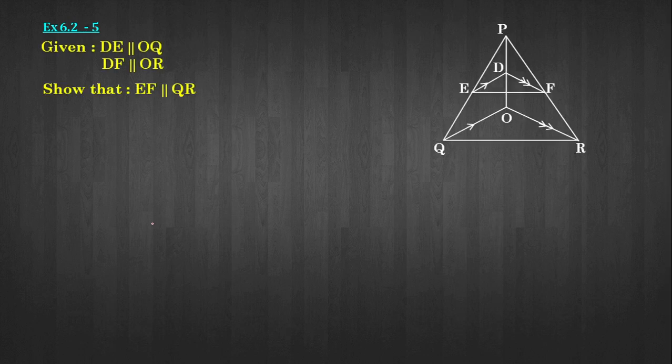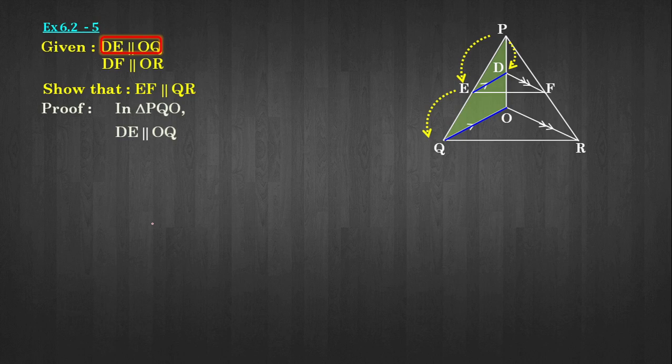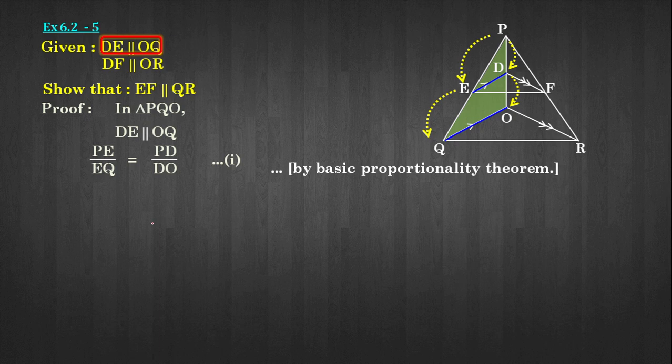So next one, question number 5: given DE is parallel to OQ and DF is parallel to OR. Show that EF is parallel to QR. DE is parallel to OQ and DF is parallel to what? In triangle POQ, if DE is parallel to OQ, then we have to take the triangle PQR. DE is parallel to OQ, then by BPT theorem PE by EQ is equal to PD by DO, equation 1, by BPT theorem. Similarly, if DF is parallel to OR,